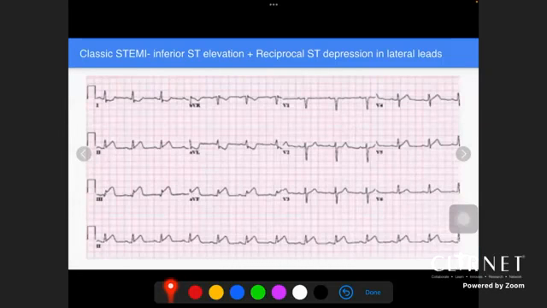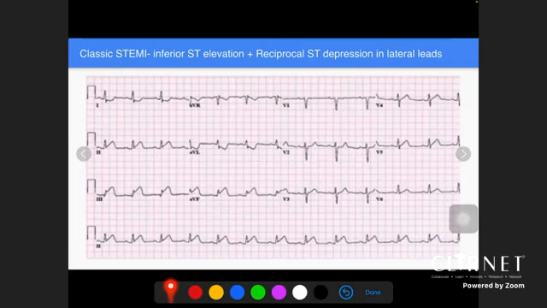So this is a classic example of inferior STEMI. You can see here lead 2, lead 3, and the AVF. There is ST elevation, ST elevation, ST elevation, together with ST depression here in 1 and AVL. These are the lateral leads. So as you can see, we are looking at certain territories. If you are looking at inferior, usually we take lead 2, lead 3, and the AVF together. Then we look at the 1 and the AVL together, then septal leads together, lateral leads also together to get